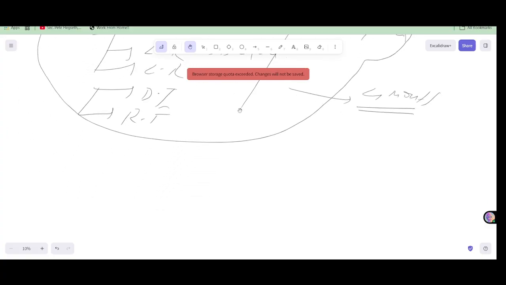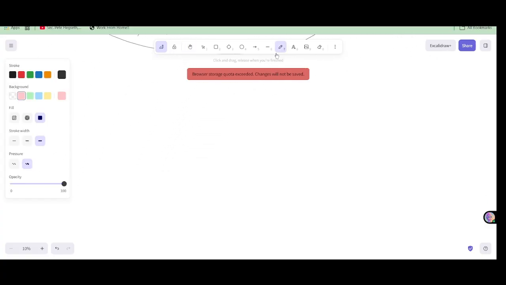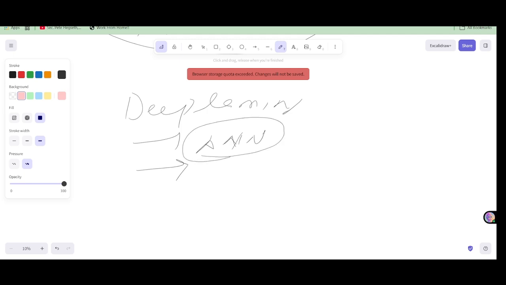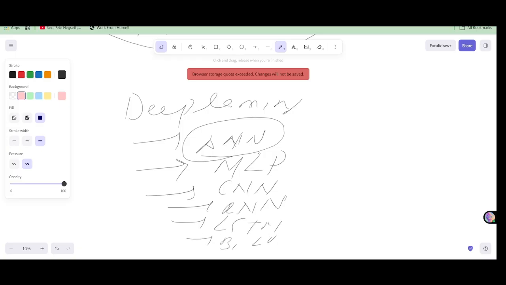Okay. And after we are done with machine learning, we'll move towards deep learning, where we'll try to study things like ANN. Okay. And after studying ANN, we'll try to study MLP, and then we'll go towards CNN, RNN, LSTM, bidirectional LSTM, like whatever models are there.